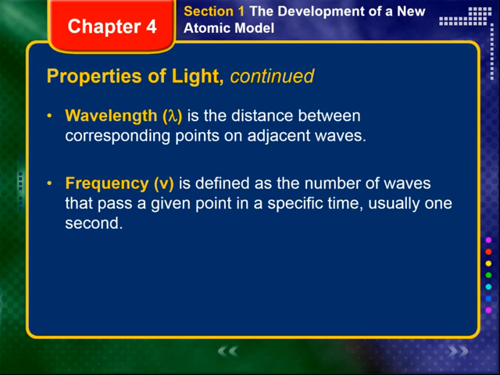Now, a significant feature of wave motion is its repetitive nature, which can be characterized by the measurable properties of wavelength and frequency. Wavelength, represented by the Greek letter lambda, is the distance between corresponding points on adjacent waves. Depending on the particular form of electromagnetic radiation, the unit for wavelength is the meter, centimeter, or nanometer, and 1 nanometer is 1 times 10 to the negative 9 meters. As shown in figure 4-1, right there,